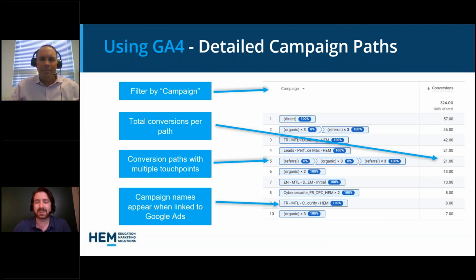So things like this are really useful for looking beyond just the surface values of how many people are becoming leads, but really seeing how all of your different efforts work together. Because as Phil said, this is very much a multi-channel world we're in. Very few campaigns or assets you might have online are actually off in their own silo and don't connect with others. It's a bit about people's habits today. They're looking all over the place for courses, finding your content all over the place as well. So it's not just your website, but all these other places that you can be found, which work together to drive these conversions.